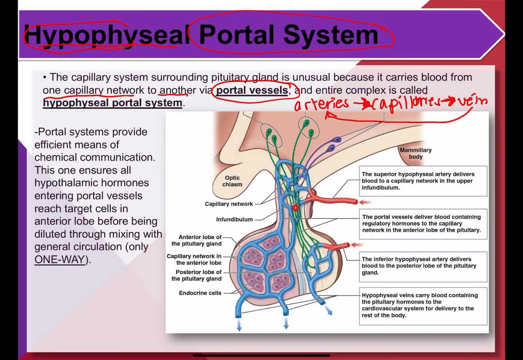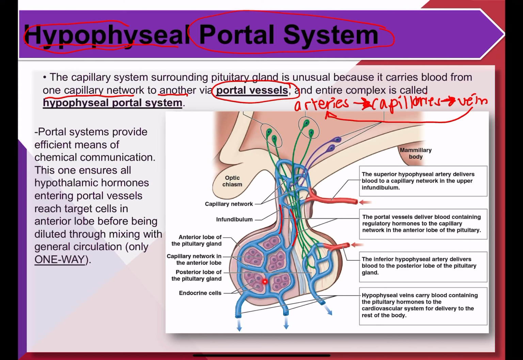The portal system doesn't exist between the hypothalamus and neurohypophysis. There is no portal system here. The hypophyseal portal system only exists between the hypothalamus and the adenohypophysis. So that's why you see these blue vessels here connecting this capillary system of the hypothalamus and this capillary network within the adenohypophysis. Neurohypophysis relies on neurons instead for those two important hormones that the hypothalamus needs to get to the circulatory system. So that's why it doesn't need the portal system. But for adenohypophysis, it needs that portal system for a direct route of traveling of hormones between the hypothalamus and the